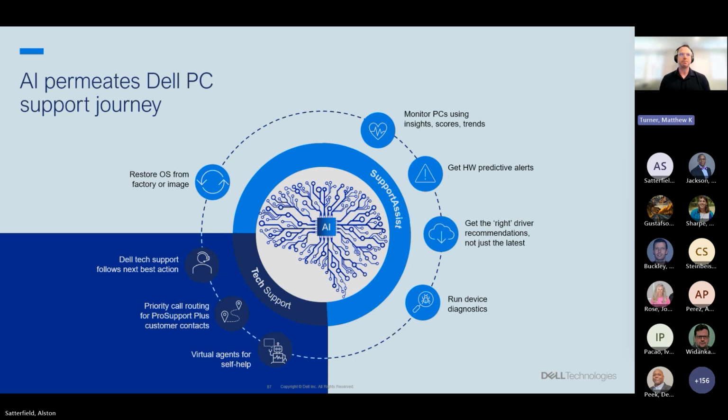And so what I'm talking about is that if you open a case with support, you call in, you need to work with somebody, you've got a really complicated situation going. If you're sharing your SupportAssist data with technical support, they'll be able to see things like the trending information for the device. What is the health of the PC? What updates are currently installed? And what we see is that instead of having support give you a bunch of homework, hey, I need you to go update this, I need you to check this, I need you to pull these logs, find this information. When support also has that information at their fingertips,